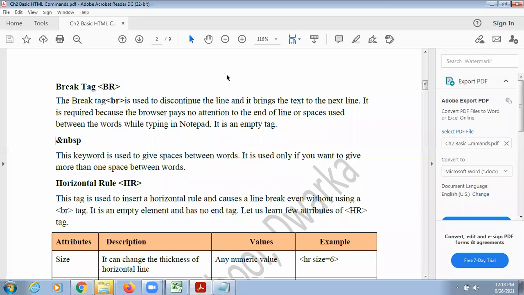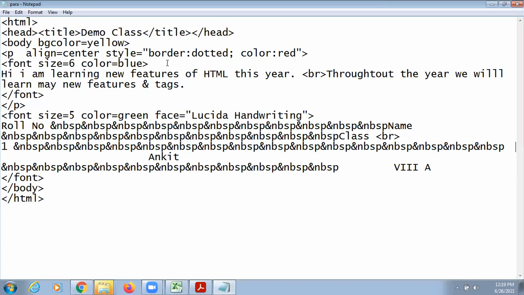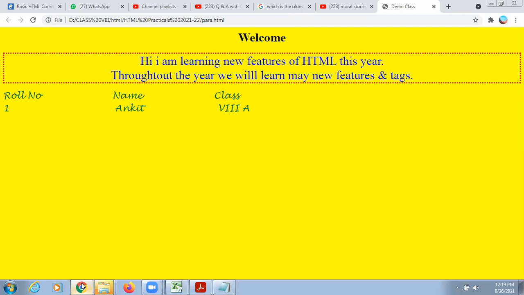Next tag which we have to use is horizontal rule. Now how can we create a horizontal rule? Using an HR tag. This tag also we have done in class 7. So suppose after the body tag I wanted to give a heading to my page. Using heading tags, we have 6 types of heading tags, H1 to H6. H1 will give you the biggest size of heading and H6 will give you the smallest size of heading. So I am using H1 and I wanted to display my heading in the center also. So I am using center tag also and close center tag. Save it, check it. So now the heading is coming, welcome.